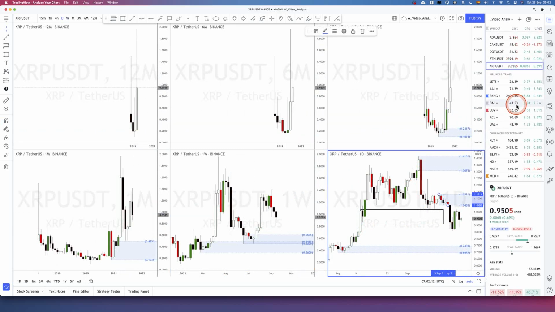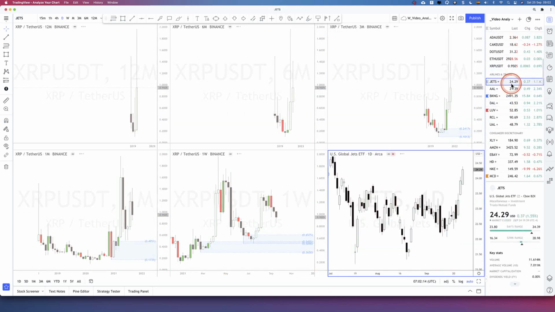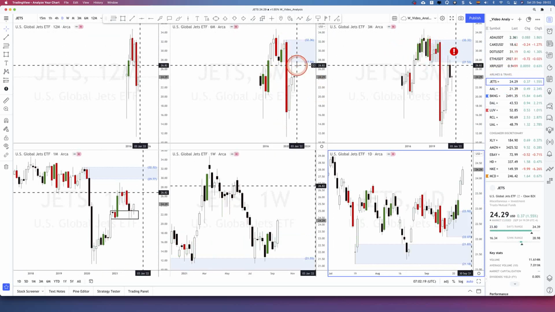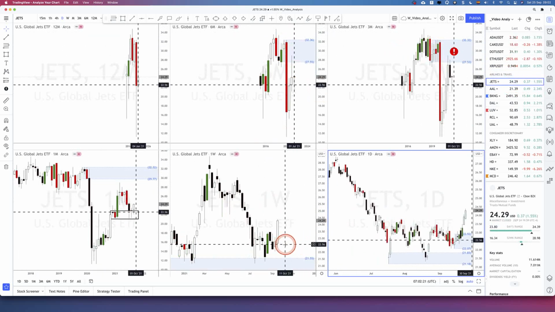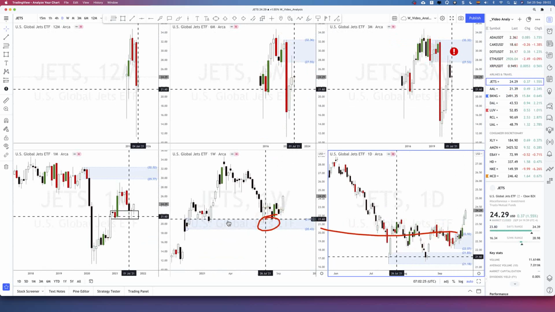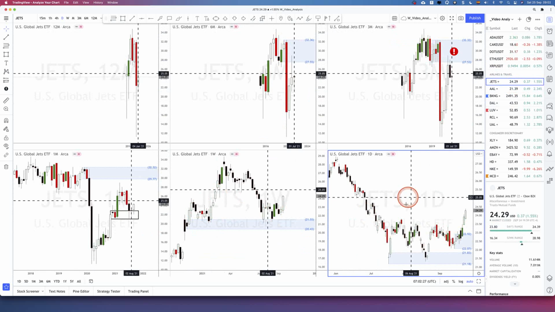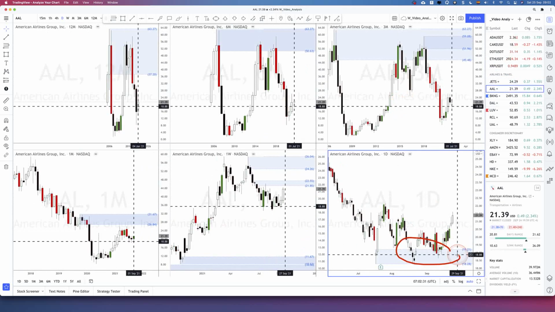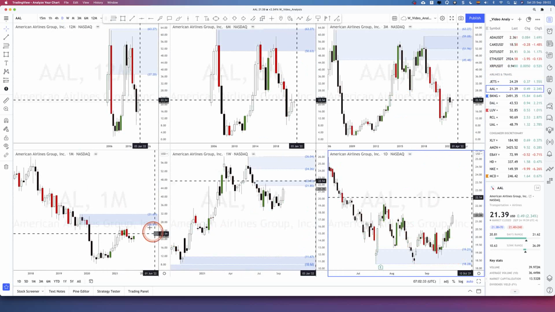Now, stocks, airlines, JETS ETF. We have 3 months supply in control, too high, but now look what's going on here. All this bearish price action being broken, creating new demand with the support of the weekly. So we get a weekly uptrend and all that. Longs on the way up aggressively, and this is happening the same on American Airlines with room to reach the